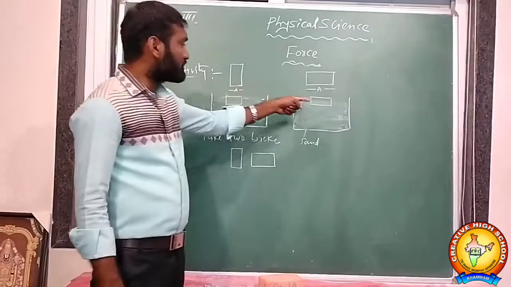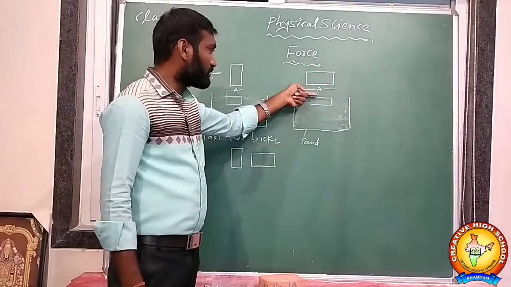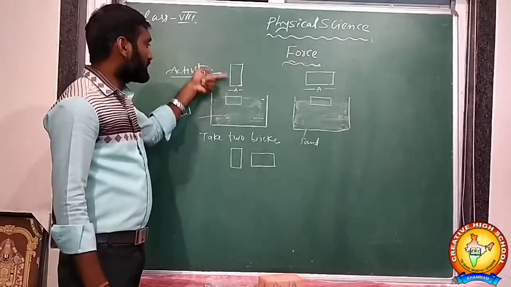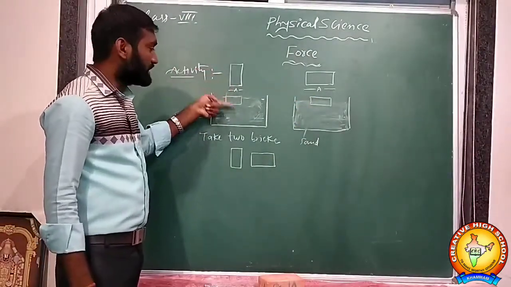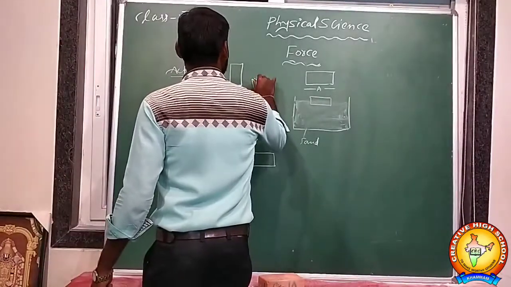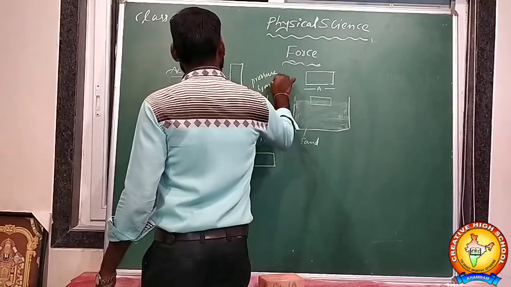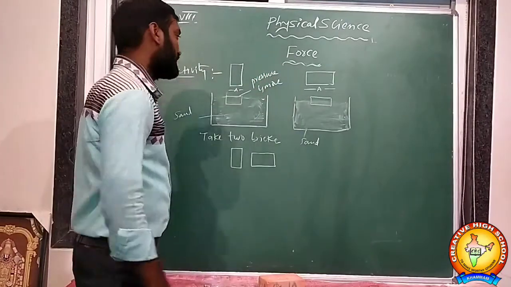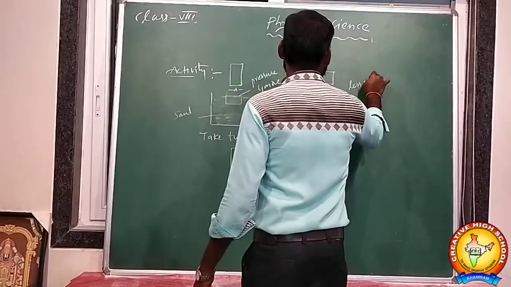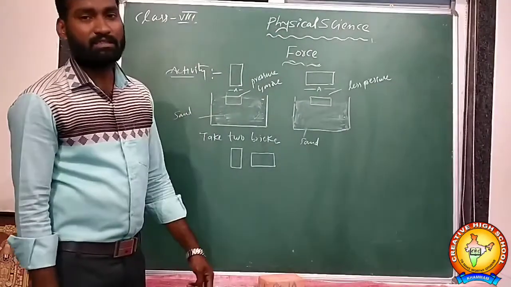This is a broad area of cross section. Applying force on a broad area, less pressure will be applied on the sand. Here is less area of cross section. The same force is applied but it goes deeper. Here the pressure will be more, so it will go deeper into the sand. Here pressure will be less. Less pressure, that's why it will go less deep into the sand.